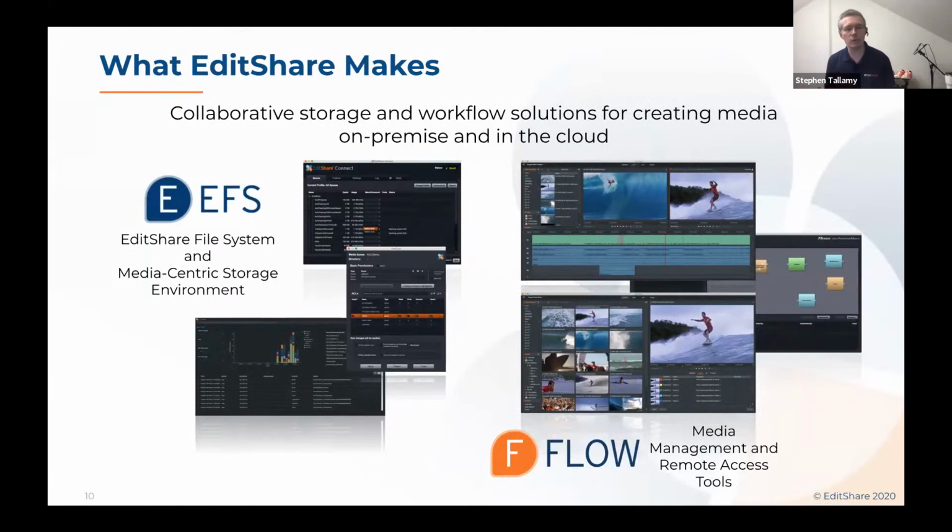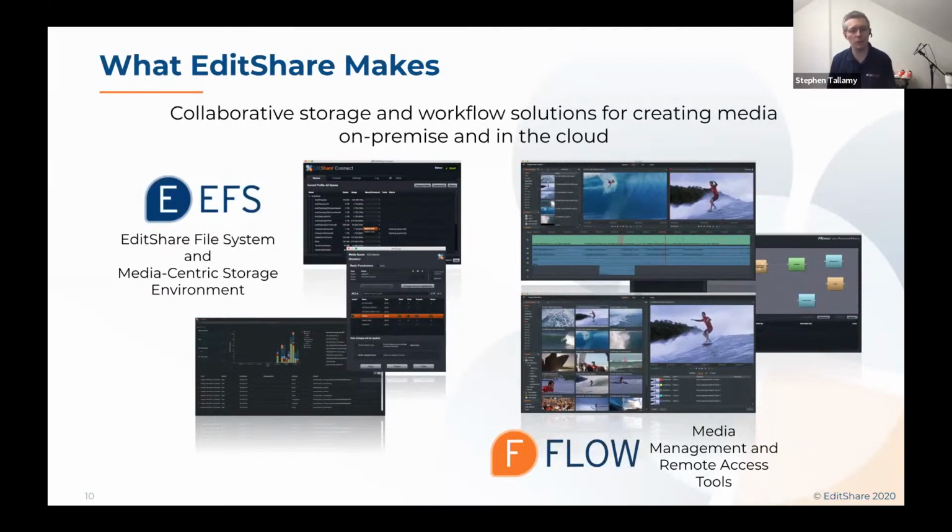So just to give a little bit of an intro to anyone who's coming from the Blackbird side, just a refresher on what EditShare makes. We really make 2.5 things. The two main core products are the EFS file system. So this is a media-oriented file system. It scales out from small systems right the way up to multiple petabyte systems, and that is deployable on the cloud and also on premise. And we also span both of those as well for a hybrid type of workflow.